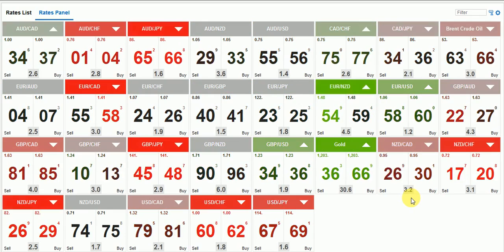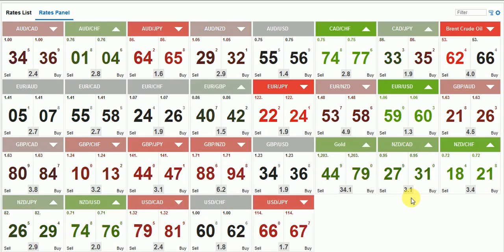So there's a quick summary of what spreads are, how you need to consider them when you're making trade decisions,